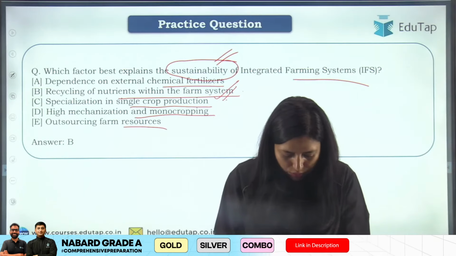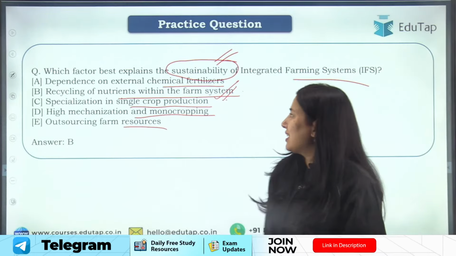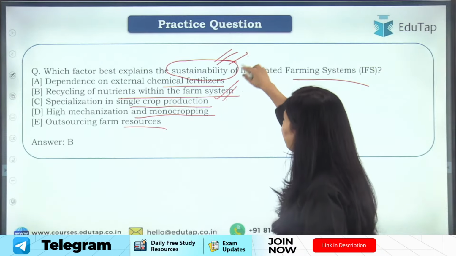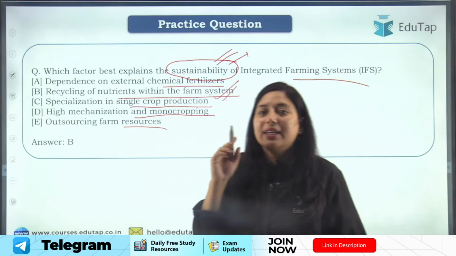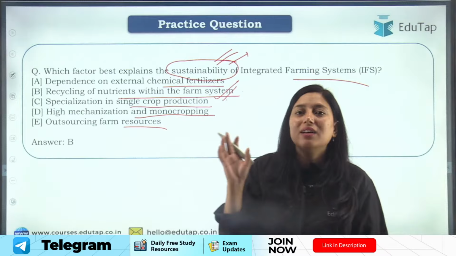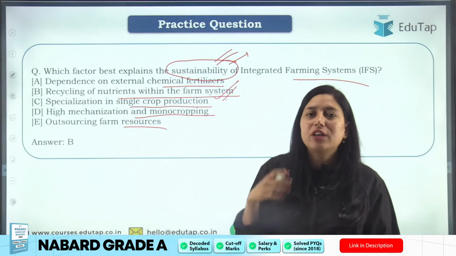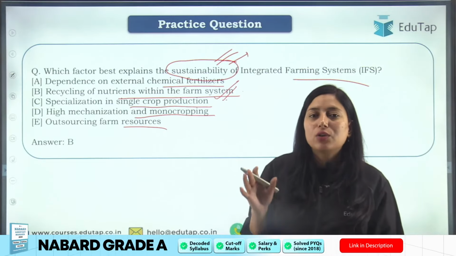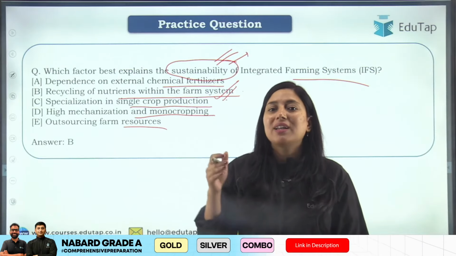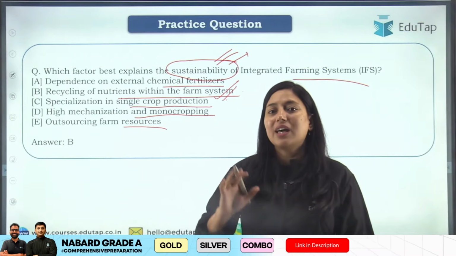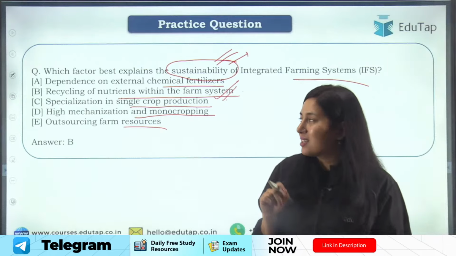Very good, Vishal. Agriculture with sustainability for future generations. So students, what is sustainable agriculture? Sustainable agriculture is agriculture where we carry out agricultural activities keeping the future generation in mind. We are not just exploiting all the resources for ourselves. We grow crops in such a way that we fulfill our demand and requirement, but also keep future generations in consideration, so that we don't exploit all the resources and leave nothing for them. So that is sustainable agriculture.